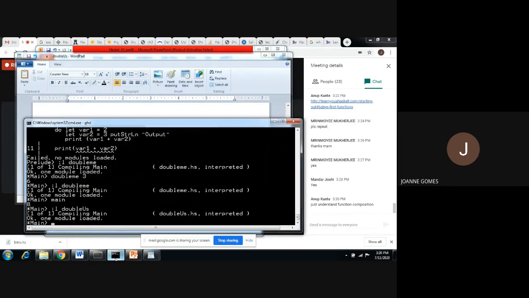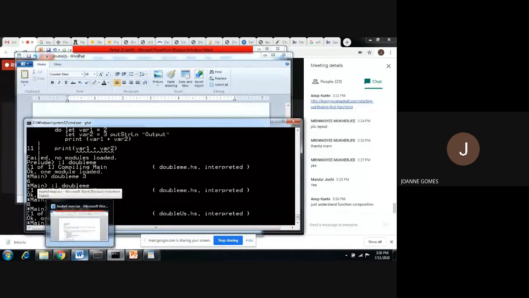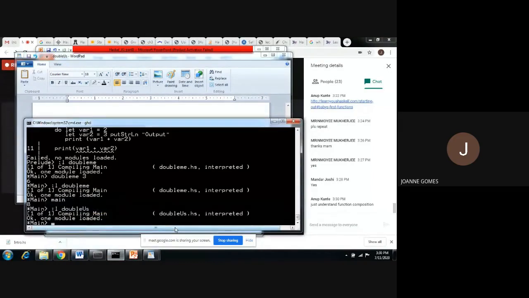Okay. And now we have to call this function because we have not given the output into main, right? We are not displaying the output. If we call it, it's a lazy evaluator, right? Haskell is supposed to be very lazy evaluation. Unless we tell it to do certain things, it doesn't do them. So we will call the function now, double us.